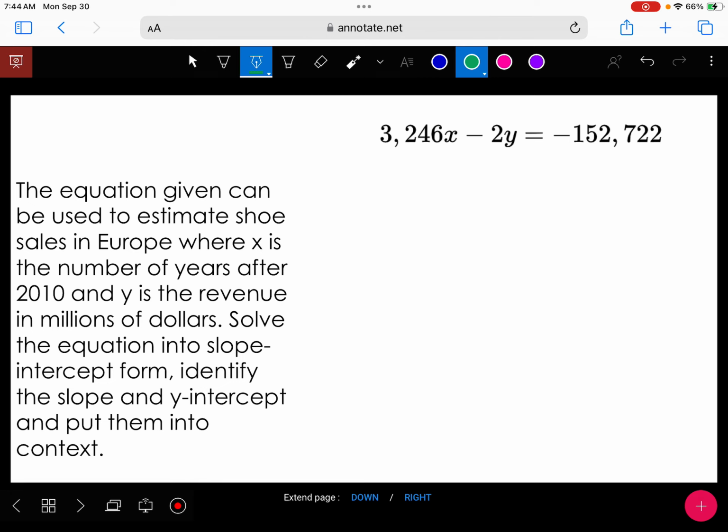What is this? All right. So we've got 3,246x minus 2y equals negative